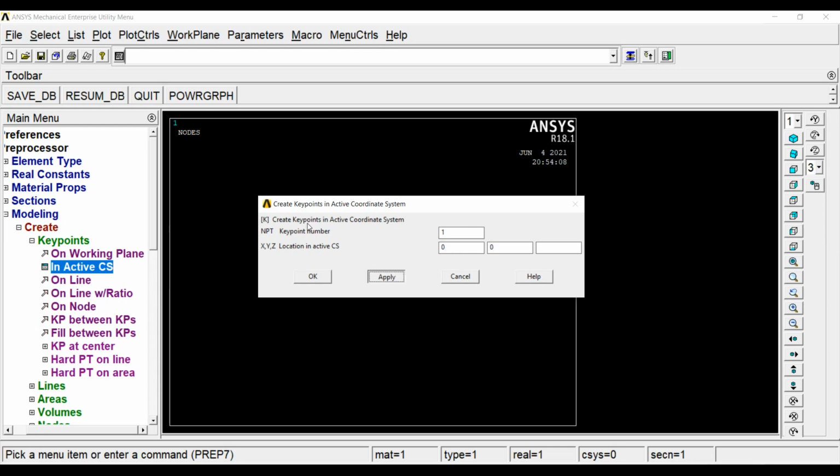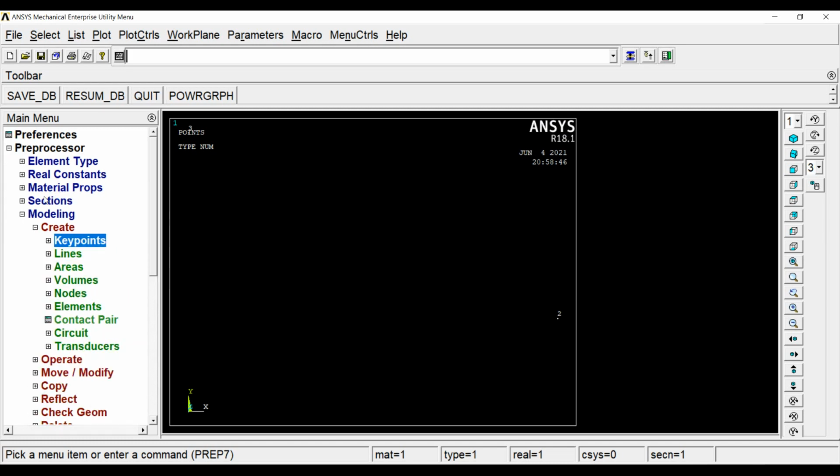The screen appears again. I'll change this to 2. The coordinate is 40, 10. Apply. Then I'll go to key point 3 and the coordinate is 0, 30. Now I will not click on Apply. I'll directly click on OK and close this tab.